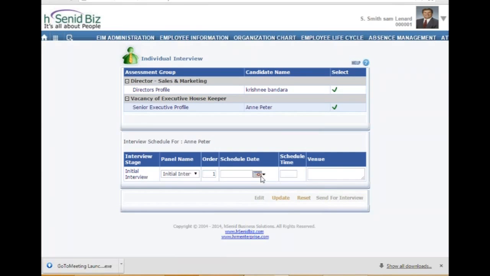We have to schedule a date for this interview, a time and a venue. Here you also have the facility to change the panel name. Even though you have already assigned, you can change it and update. And you can click send for interview.